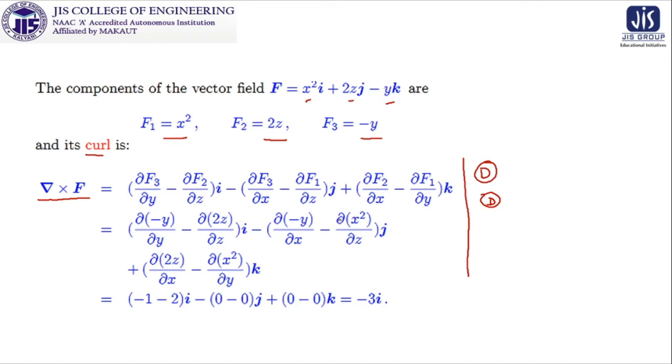And finally, if you follow all these calculations, I am not showing the calculations, it is for you to check the calculation. I want to just emphasize on this part that the final result you are getting is also associated with i. That means it is also a vector quantity. Clear? Why I am always emphasizing in every problem of divergence and curl whether it is scalar or vector, it will be clear to you in this class in the last part.